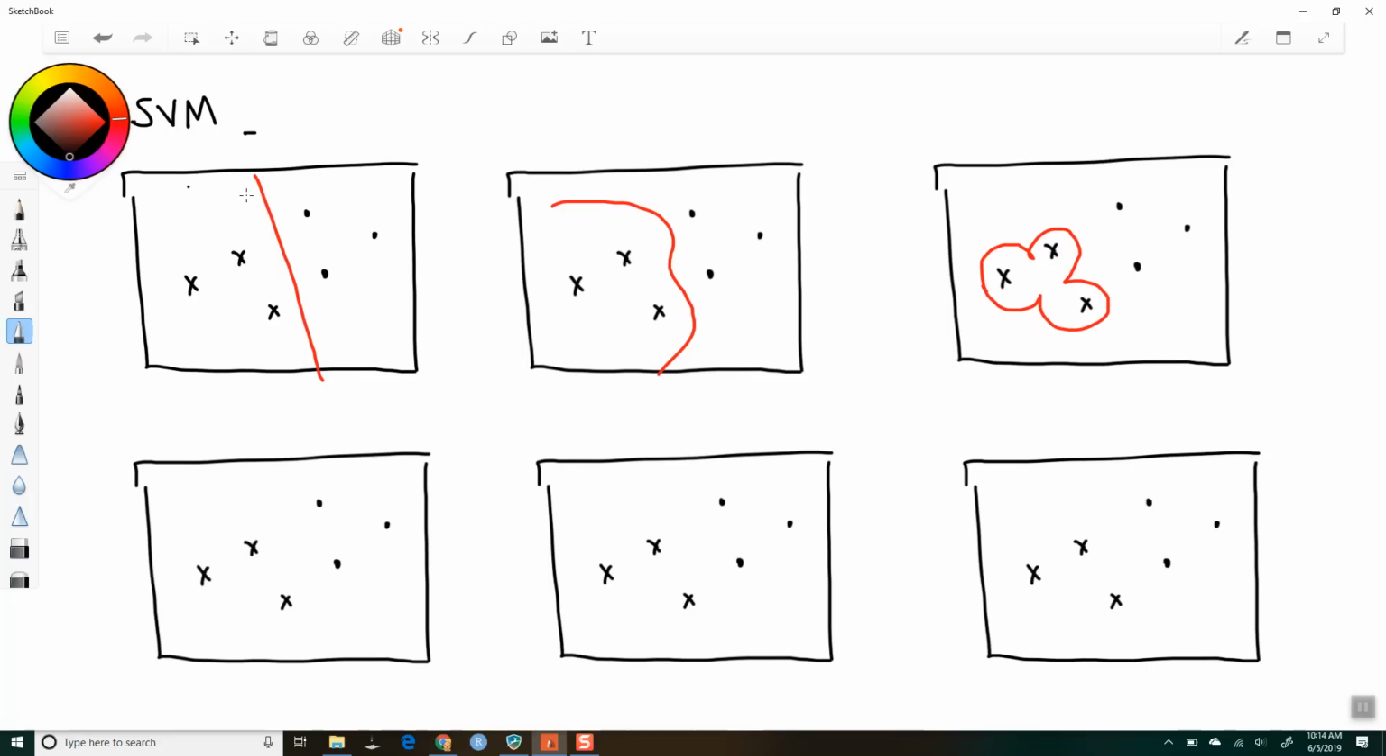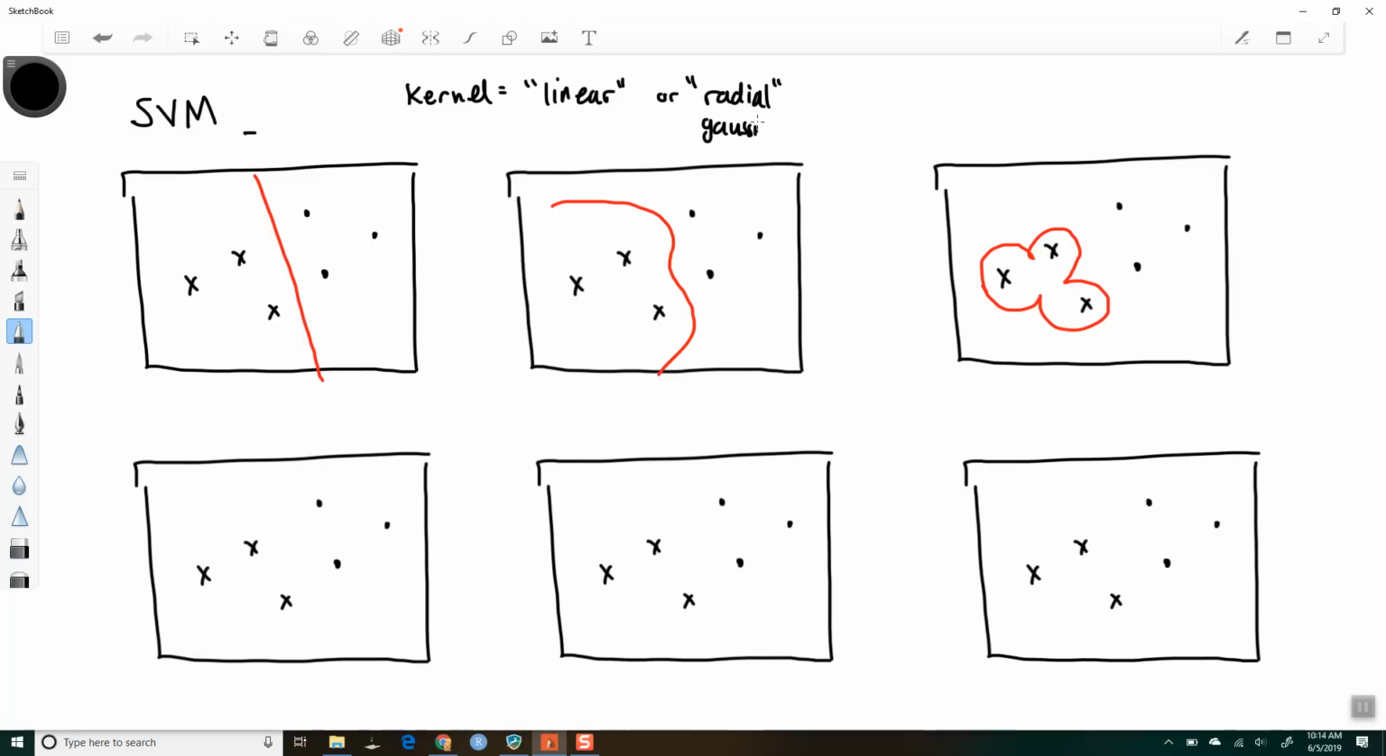You'll have to try to match whether the kernel is linear or kind of radial, this being the Gaussian, and is cost equal to like 1 or 100 or maybe 10, and then gamma can be like 1 or 10 or something like that, okay? And I think we had some examples where